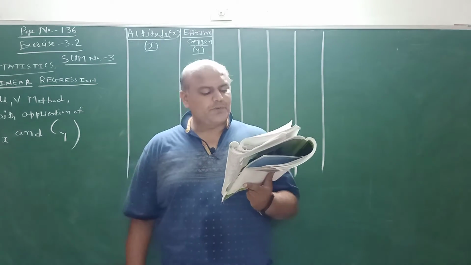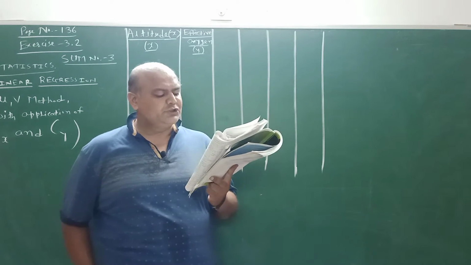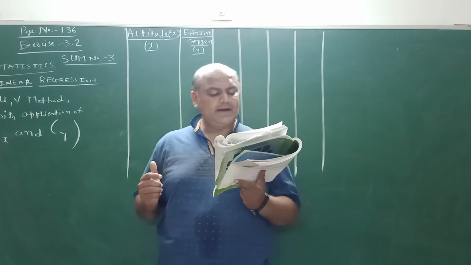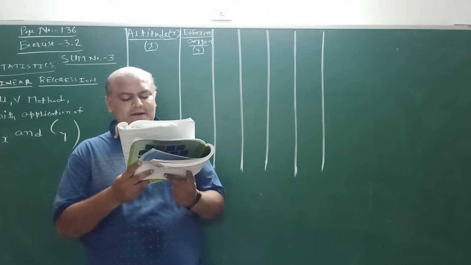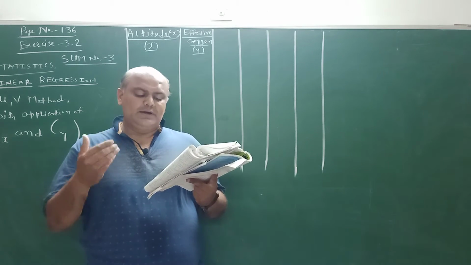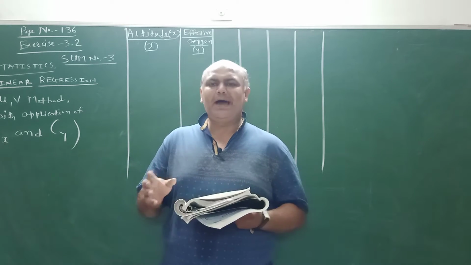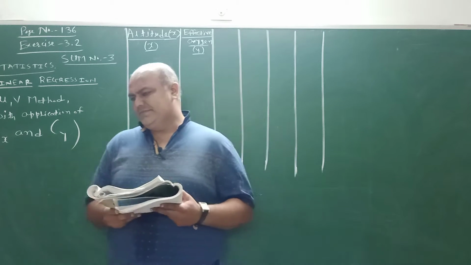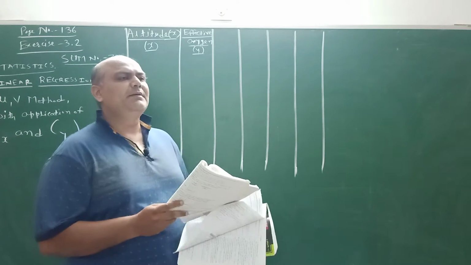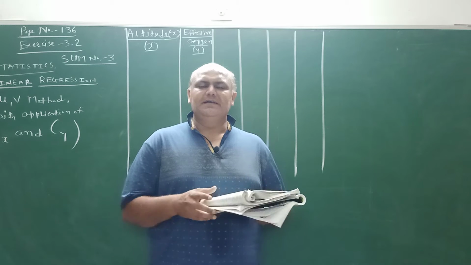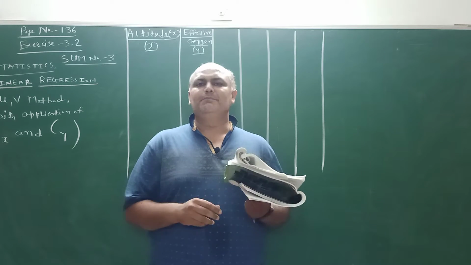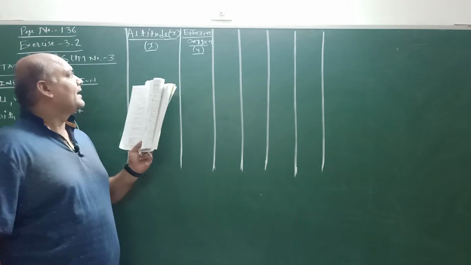Here is the question: from the following information of altitude and the amount of effective oxygen in air at the place, obtain the regression line of amount of effective oxygen, that is y, on the altitude, that is x. Y on x. Altitude means, students, the height of a place in simple words, and effective oxygen is given in percentage. Two columns are provided, x and y.